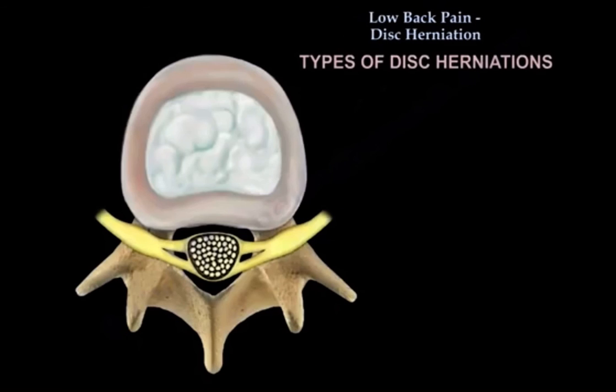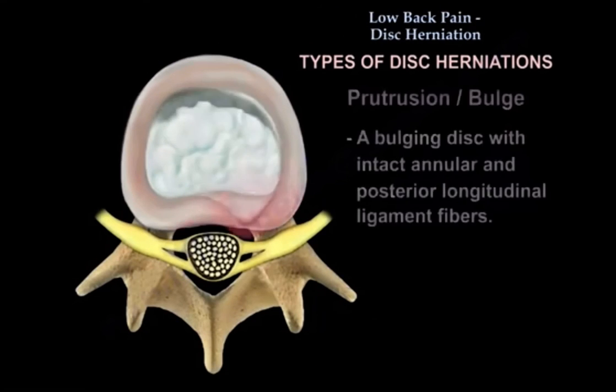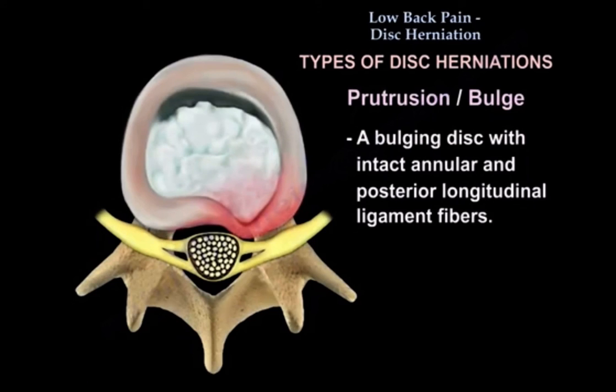What are the types of disc herniation? Patients may have protrusion or bulge, a bulging disc with intact annular and posterior longitudinal ligament fibers. So that's a small disc